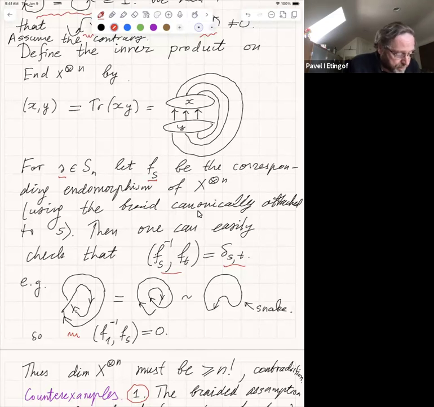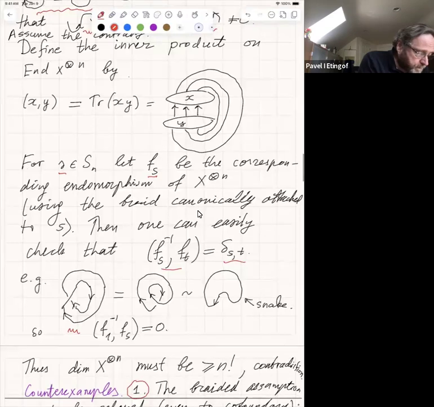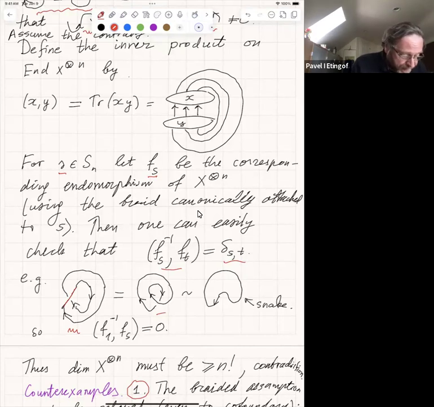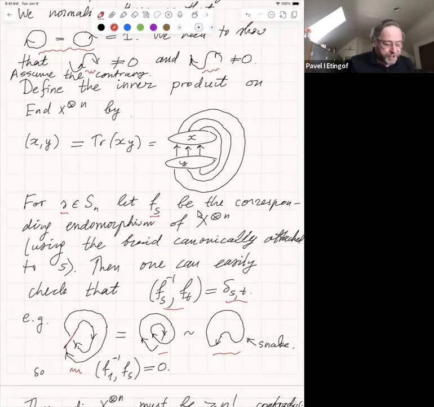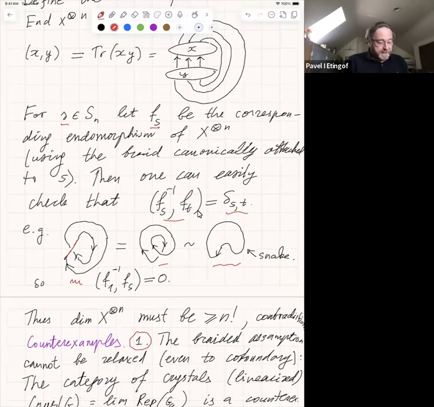My diagrammatics here is that I can do the usual things. I can move strands, but the only thing I cannot do is undo snakes, because the snake is in question. I cannot undo the zigzags. But still I can move this strand here to the right to obtain this picture. And then I can undo the curl in the usual way that doesn't involve snakes. And then I get this thing which contains both the left and the right snake. Therefore, if one of them vanishes, then this thing will be zero. So this means that F1 inverse with Fs equals 0.